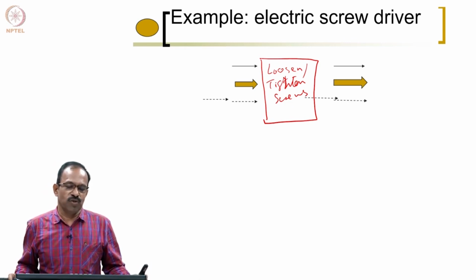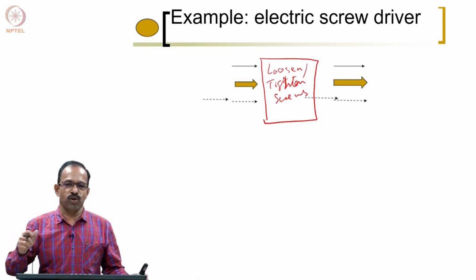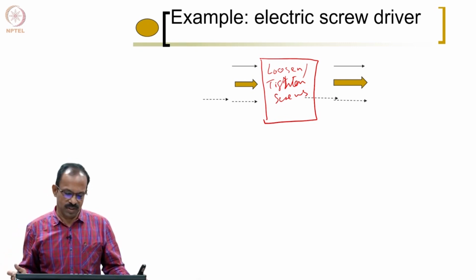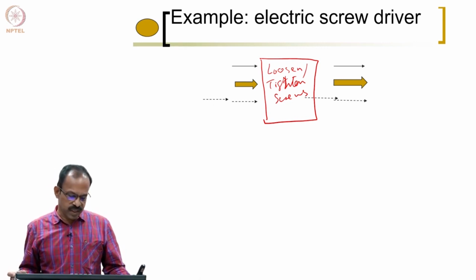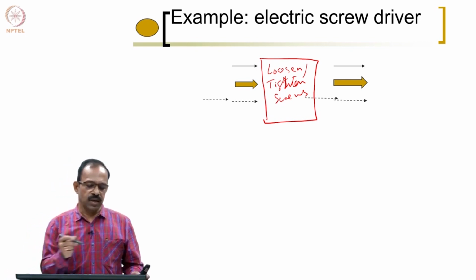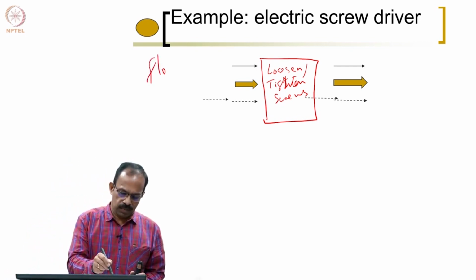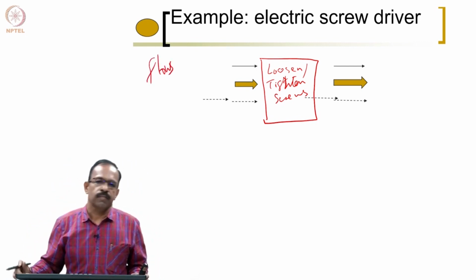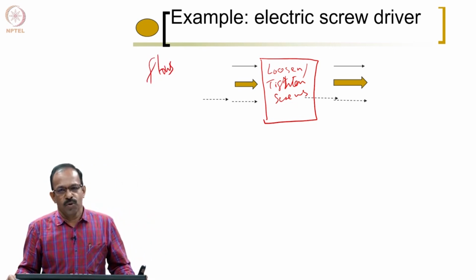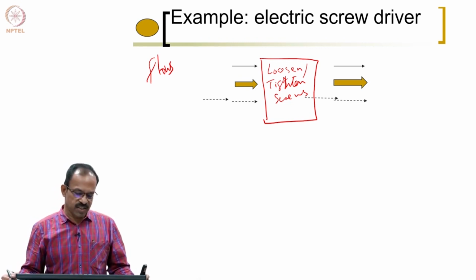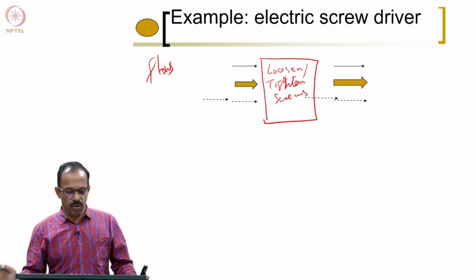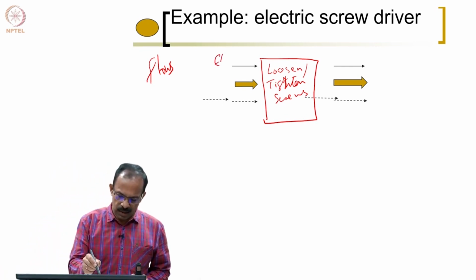An electric screwdriver is normally used by a human. So, it is actually a hand operated electric screwdriver. Okay. So, that is the screwdriver we are talking about. So, loosen or tighten screws is the function. Now, we need to see what are the flows going into the product. Okay. So, what are the flows that we can think of? So, it is an electrical screwdriver. So, first we look at the energy. So, of course, electrical energy is the one